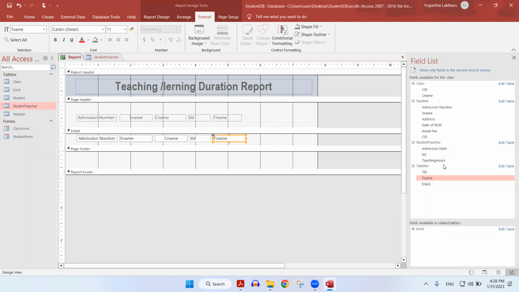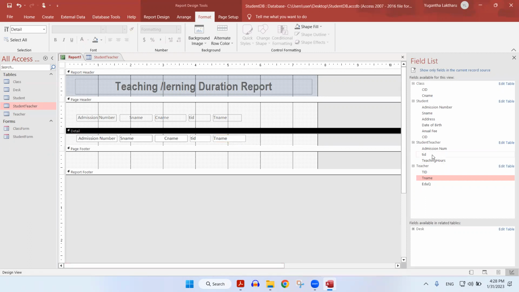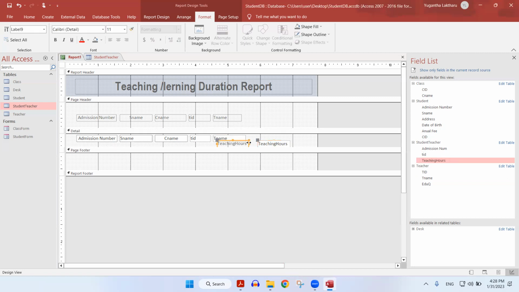Finally, I'm taking the teaching hours, which finalize my need. So this is kind of a report which shows which students are participating with which teacher in the teaching learning process. So if we take the output,